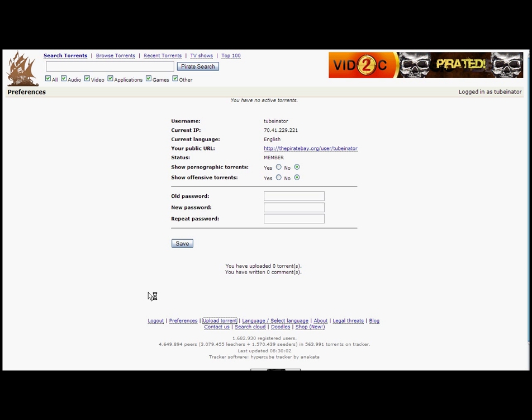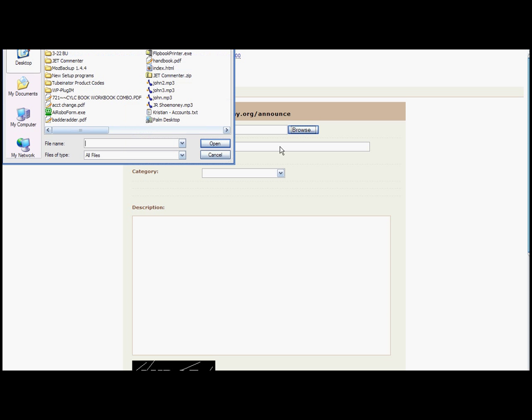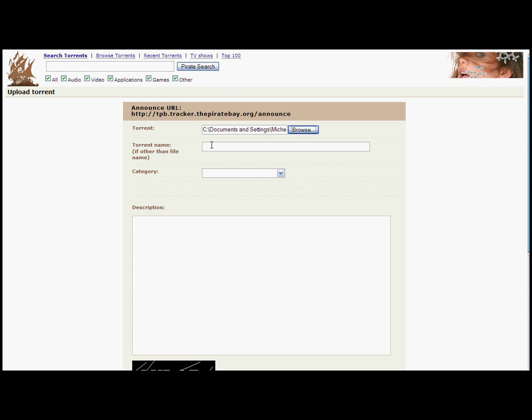You want to click Upload Torrent. This is going to tell everybody else where that torrent that we just made is. So select the file that you just created with BitComet and select Open. For your torrent name, you want to use something that explains what it is that you've got, but also is interesting. My software that I'm uploading a demo of is called Tubinator, but nobody knows what that means. So I'm going to call it YouTube